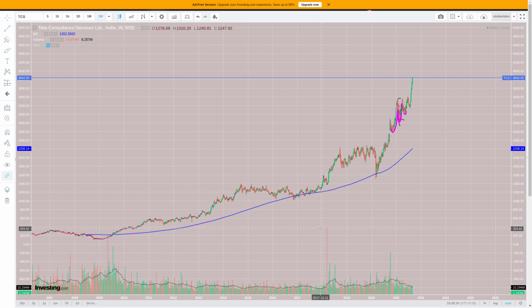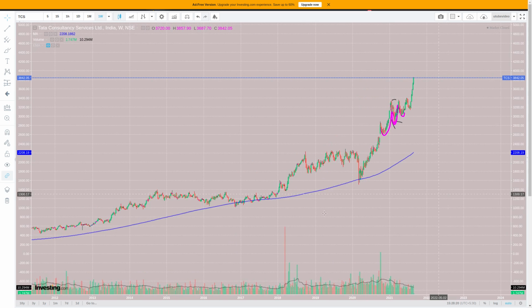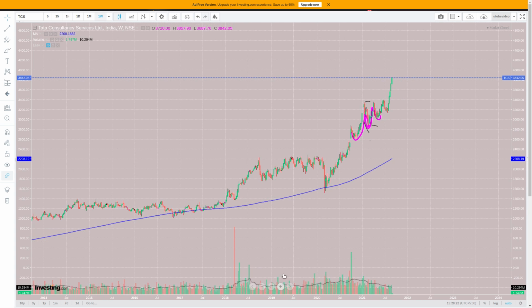Similarly here you can see way back in March I tweeted about how I am going to invest a huge amount of money in the IT sector, and that tweet I made on 13th March 2020. The particular reason for this is, even with such a huge drop, you can see on a weekly basis TCS didn't break, as a result of which it showcased that there is a lot of interest and buyers over here. And of course over a period of time we know how it was able to give you a good return,